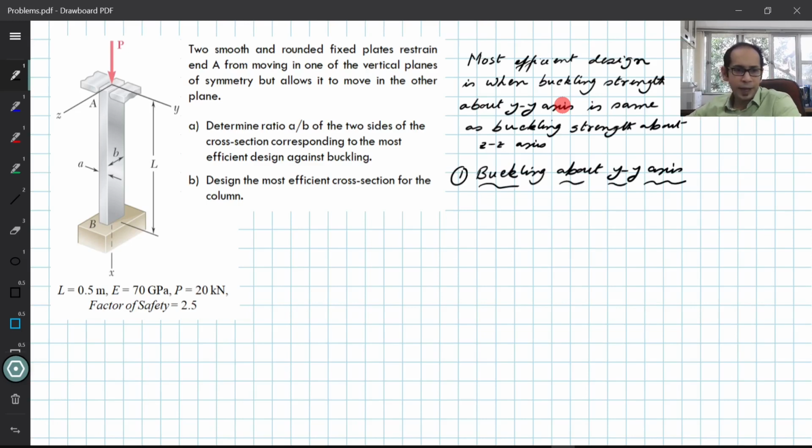So about the YY axis, when the column is trying to buckle over here. So about the YY axis means the buckling is happening about this. So if you take a look at this one in a similar kind of configuration, this is your YY and this is your ZZ that you have. The column is trying to buckle like this, and when it is trying to buckle about this plane, maybe if I want to indicate over here, it is going to be something like this. This may be the buckled configuration of the column in either direction. I'm just drawing in both the directions.